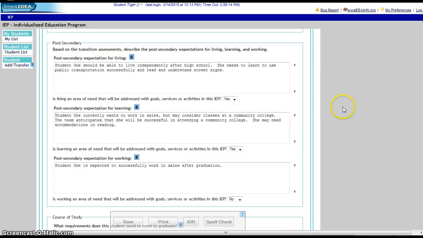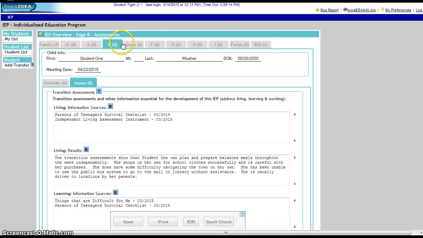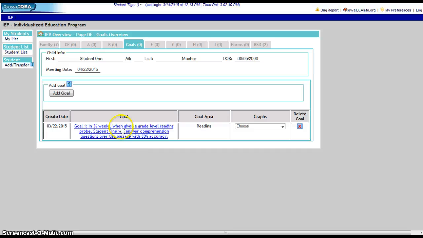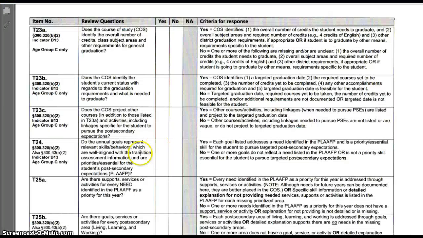So remember, to get to the goals, I'm sliding up. I click on goals. Here was her goal when given a grade level reading probe. She's going to answer reading comprehension questions over the passage with 80% accuracy. 80% accuracy is considered mastery in most schools unless you have a pretty high school. It could be lower in some schools too, so I don't want to lock you into 80%. But that was her goal